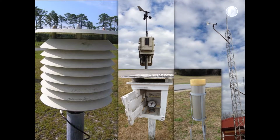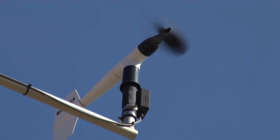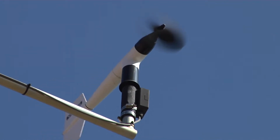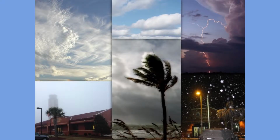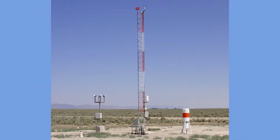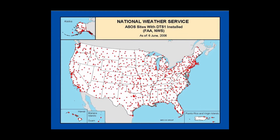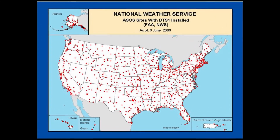Surface observations are imperative to forecasters in the National Weather Service. A wide range of weather instruments are used to enhance the precision and timeliness of forecasts, watches, and warnings. Among the most utilized meteorological observing equipment is the Automated Surface Observing System, or ASOS. ASOS obtains an extensive variety of continuous meteorological observations which are transmitted as a coded message. These messages contain sky conditions, surface pressure, precipitation, temperature, and wind parameters, among others. With over 900 ASOSs across the country, this dense surface data can be plotted onto weather maps, allowing meteorologists to